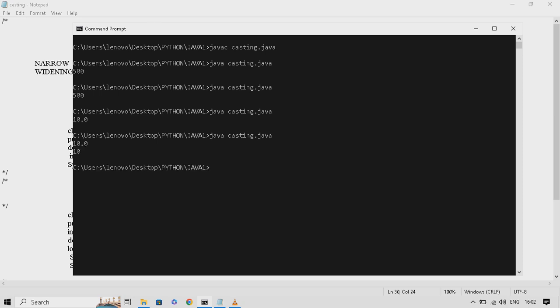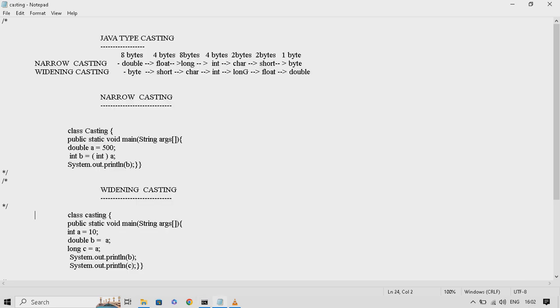Okay. Change the value from b to c. Yes. Okay. I'm just saving this one. Let me rerun this program. I will get 10.0 and 10. Yeah, we have got all the values perfectly. Now all the values are changed from integer to double and long. So in this way you can give the answer for the interview questions like